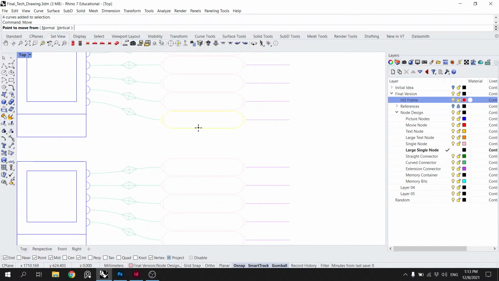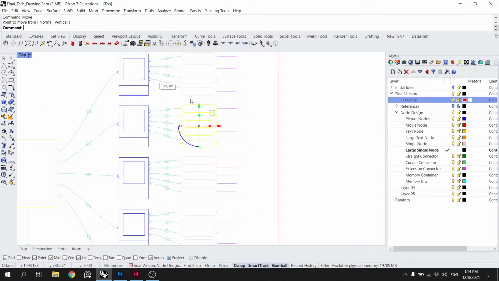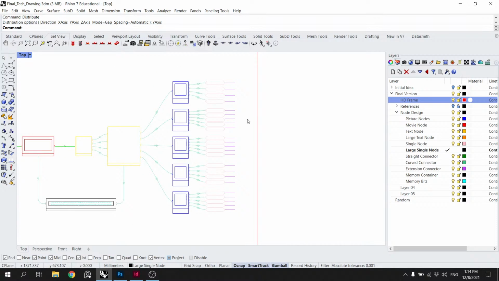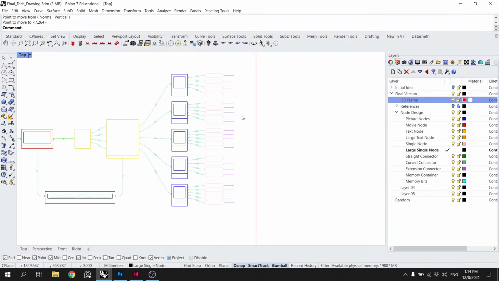Like if we move that guy down here, and we do a distribute along the Y. Yeah, helps a little bit. These ones can get deleted.